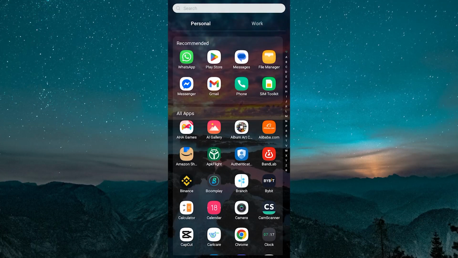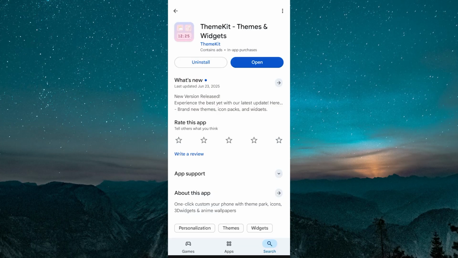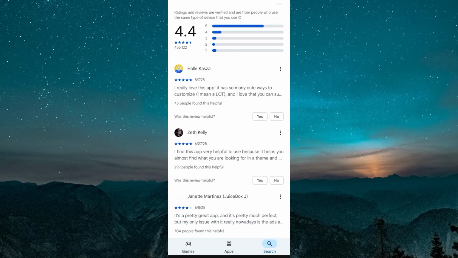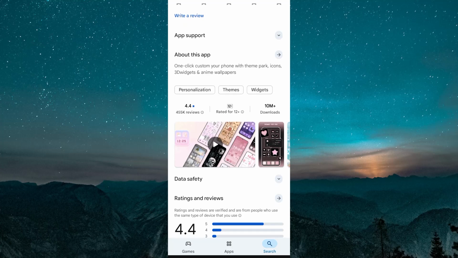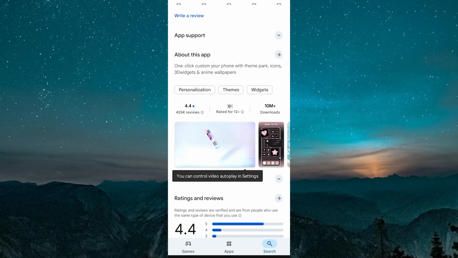In today's video, I'm going to show you how to use ThemeKit app, widget, and icon themes. Review plus overview. As of 2025, the ThemeKit app has become one of the most popular ways to customize iPhone